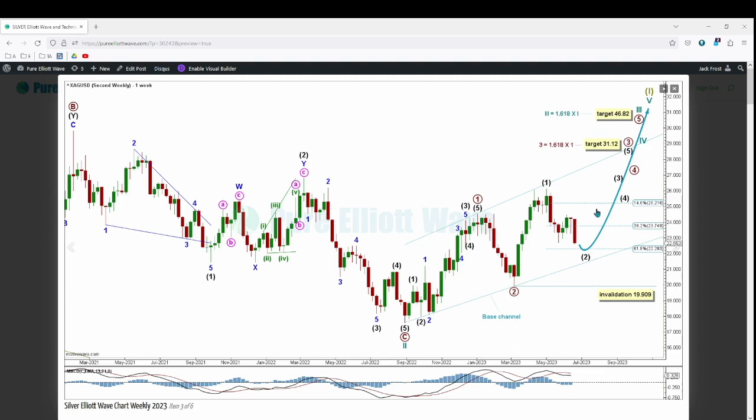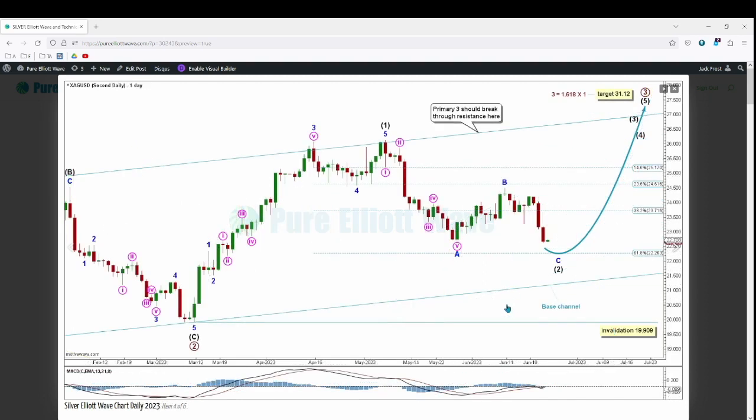Within primary wave 3, no corrective movement can move beyond its start below 19.909, and with intermediate 2 potentially moving lower to reach the 61.8% retracement at 22.28, it may not move below the start of intermediate wave 1 at the same point. On the daily chart just here, we can see intermediate wave 1 is expected to be over